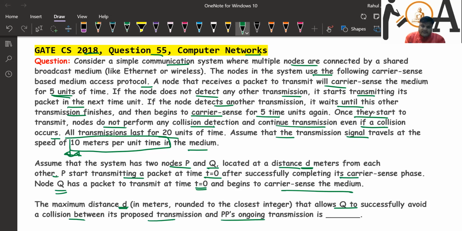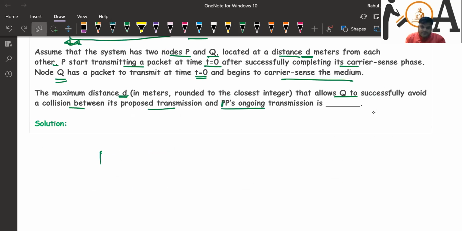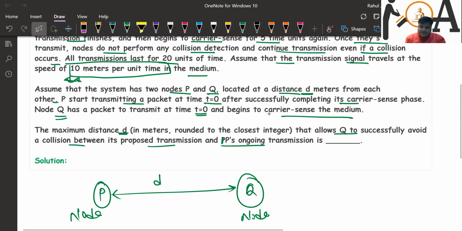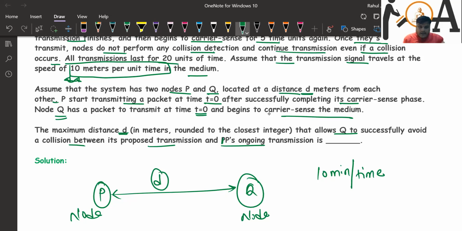So you can understand this problem like this: let's say this is our node P, and we have one more node Q, and the distance between these two nodes is d, right? Now the speed is given, which is very important: 10 meters per unit time. It might be anything, right? And the distance between these two nodes is d. Now, in order to avoid the collision, the first packet from P should reach Q before